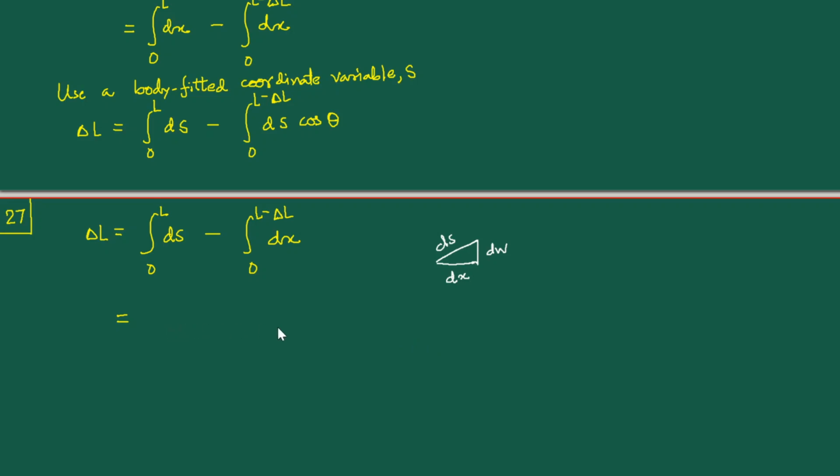Right, so what I can do is to write this ds as square root of dx squared plus dw squared, and that in turn can be written as square root of 1 plus dw dx squared, times dx. So I'm going to use this here,